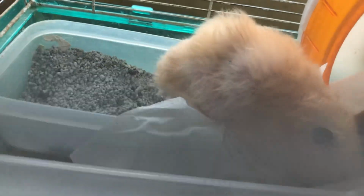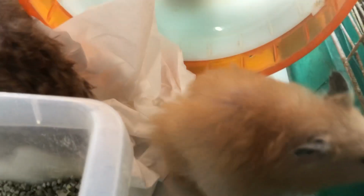So they rely on humans to live, so they don't have to have the territorial need to mark their territory. I know I'm saying the same thing over and over, but anyway,